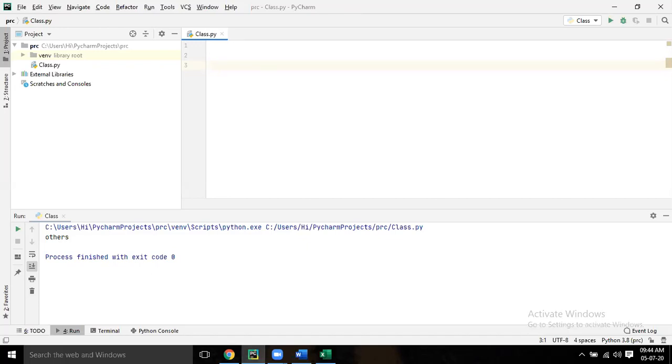So what is even? Even means the number is divisible by 2. Divisible by 2 means the remainder will be 0 if you divide by 2. Then only it will be even, otherwise it will be odd. Now try it. I'm giving you another 5 minutes. Think and write a program whether a number is odd or even. Write the question as a comment: a number is even or odd.